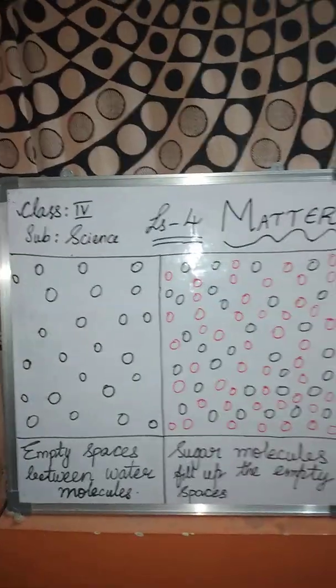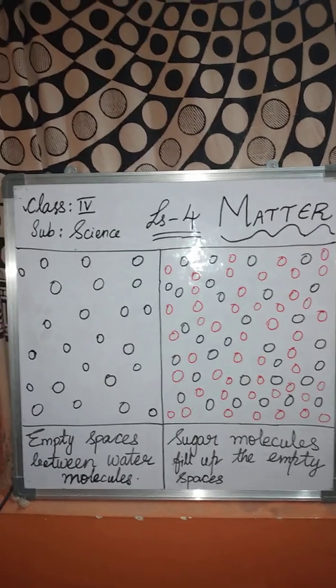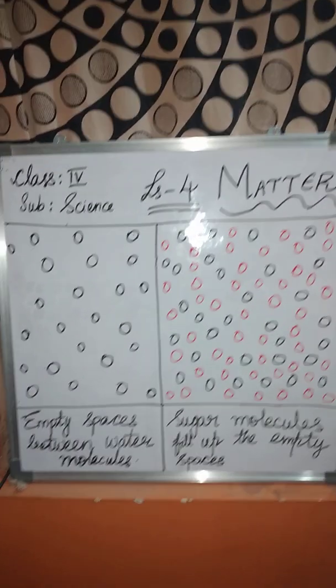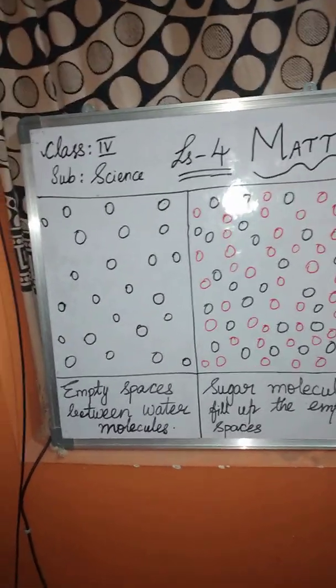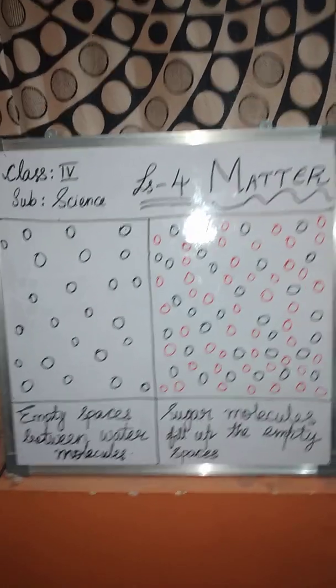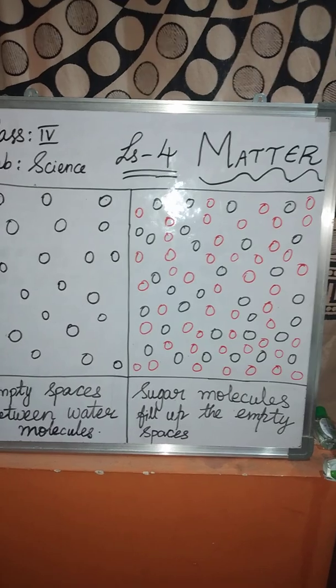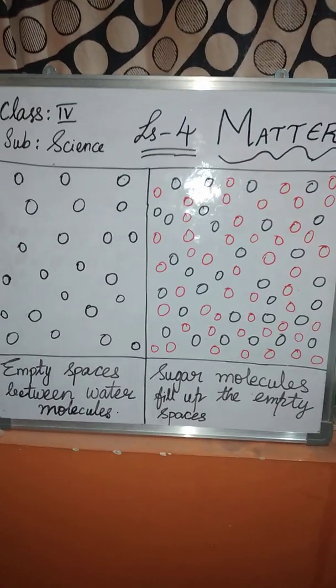Okay, I will give you some more 2-3 points for this. Matter is anything that takes up space and has weight, and matter is made up of tiny particles called molecules. Solid, liquid and gas are the 3 states of matter. Heating and cooling cause changes in the state of matter. Some solids dissolve in a liquid to form a what, children?